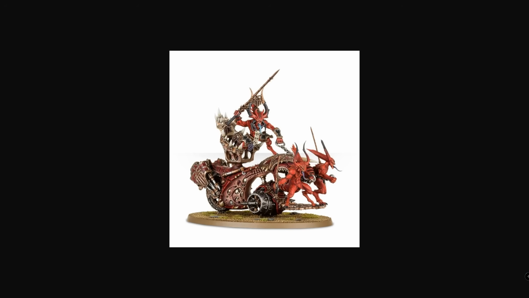Jump over here. Now, this is an example of something that came from 8th edition and carried into Age of Sigmar. The Skull Cannons and the Skull Taker Chariot, I think it's what it's called. Those two, the Chariot and the Cannon, came out in 8th edition. They were brand new models. They kept them as is. So we will probably see this represented for Khorne in Total War Warhammer 3 as it was in 8th edition,